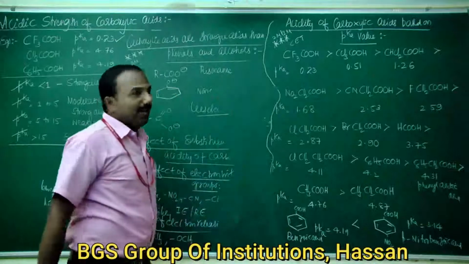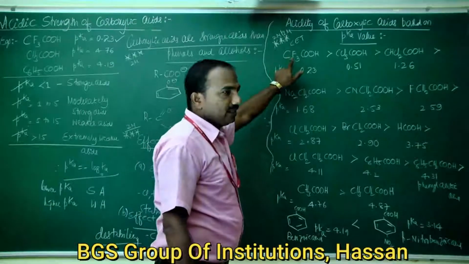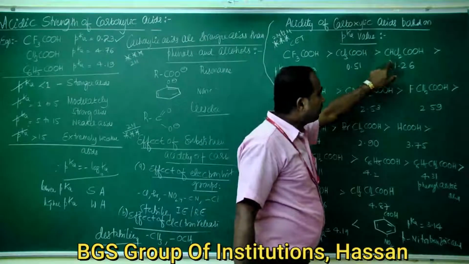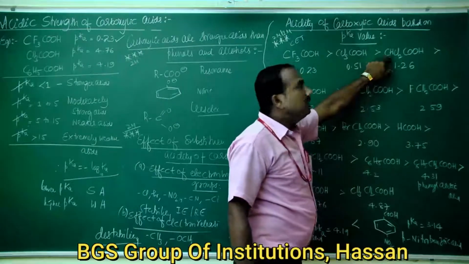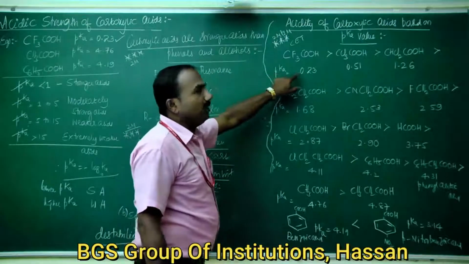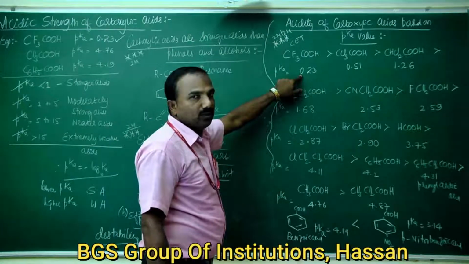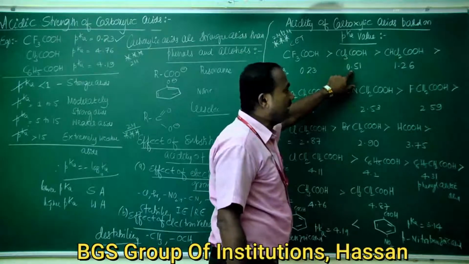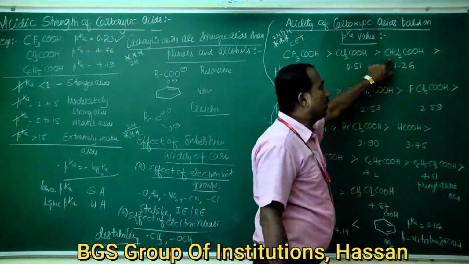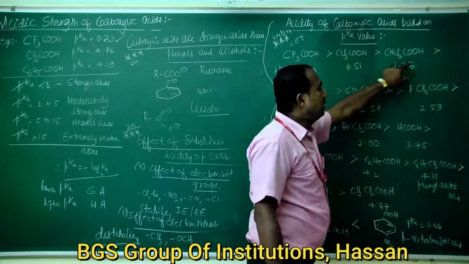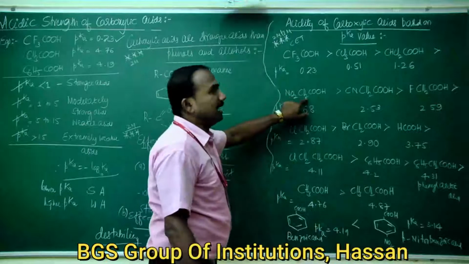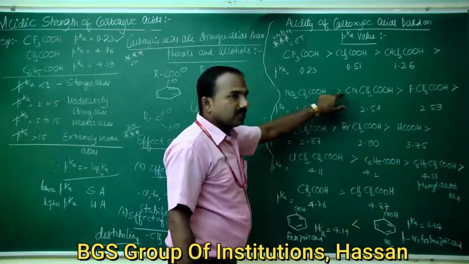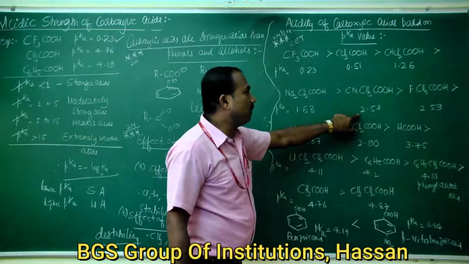Okay. So based on the pKa value, first one they have given trifluoroacetic acid greater than trichloroacetic acid greater than dichloroacetic acid. So its pKa value is given. So pKa value of trifluoroacetic acid is 0.23. pKa value of trichloroacetic acid is 0.51 and pKa value of dichloroacetic acid is 1.26. This is greater than nitroacetic acid, its pKa value is 1.68, greater than cyanoacetic acid, pKa value is 2.53,